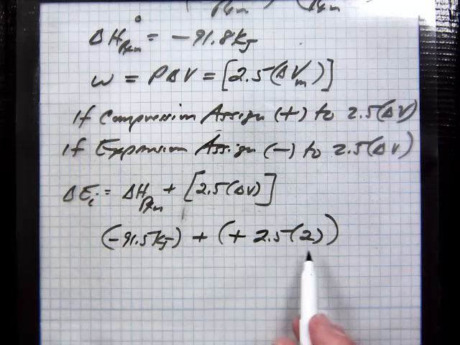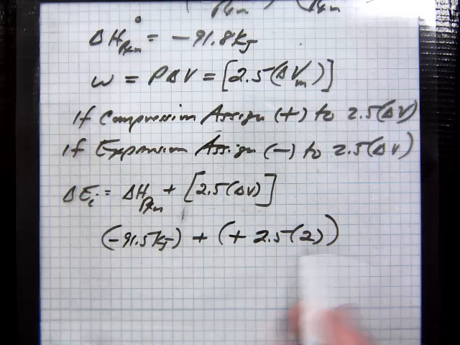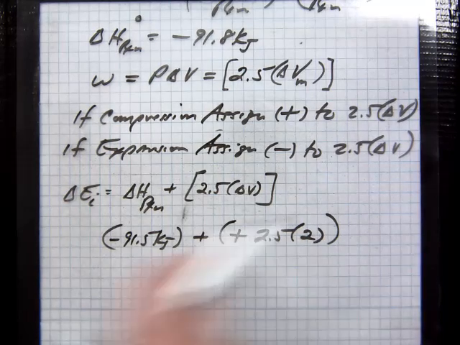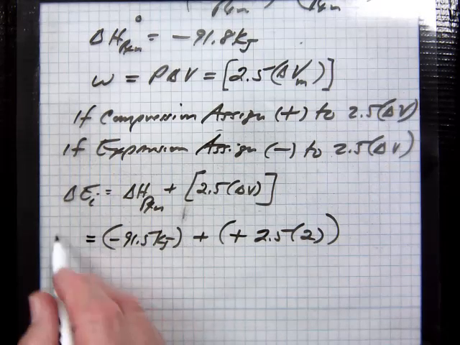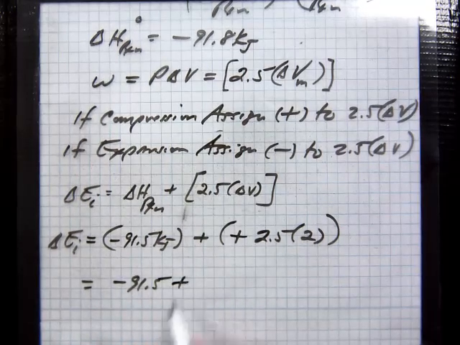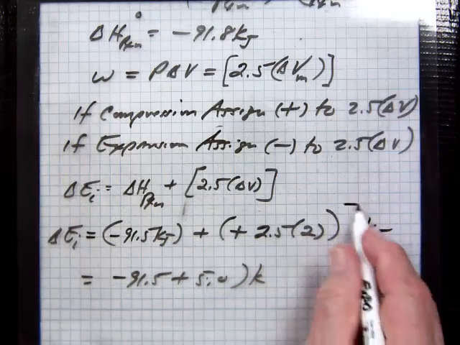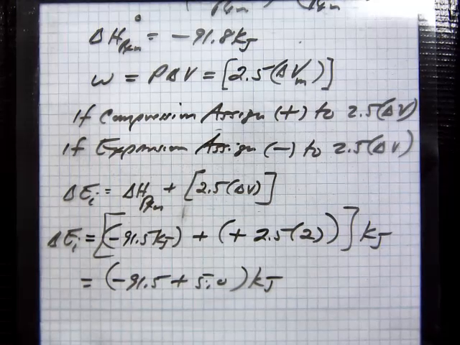And yeah, the change in volume is 2 molar volume, 4 to 2. Absolute. Don't worry about signage right there. So just whatever the change in volume is, absolute, times 2.5, you make an assignment based on compression or expansion. So the delta EI for the reaction now is minus 91.5 plus 5.0, and it will come out in kilojoules. Already been determined in another life. But anyway, it comes out in kilojoules.